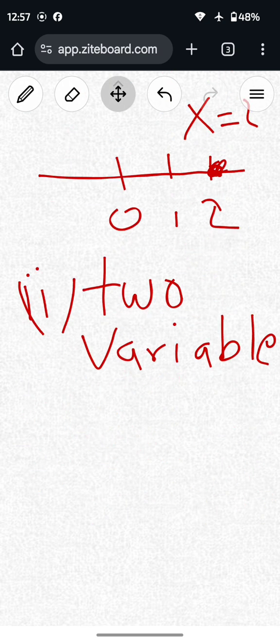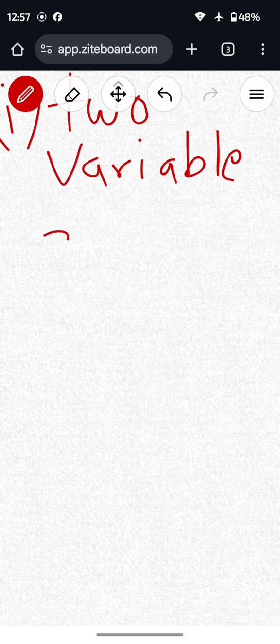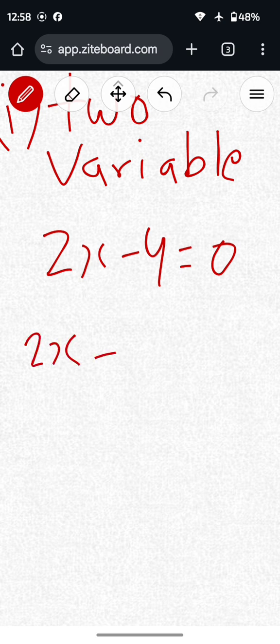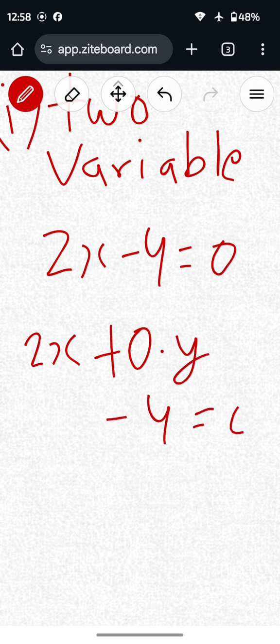it is given that 2x minus 4 equal to 0. Here only one variable x, so we can make it as 2x plus 0 into y minus 4 equal to 0, where x and y are two variables. So now the geometrical representation of this equation as